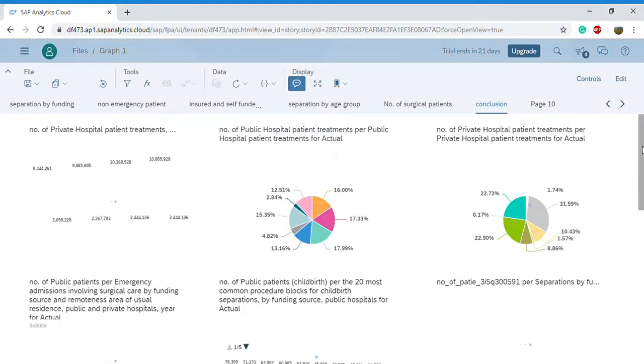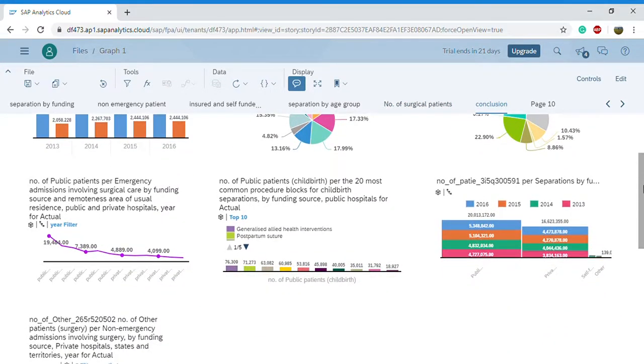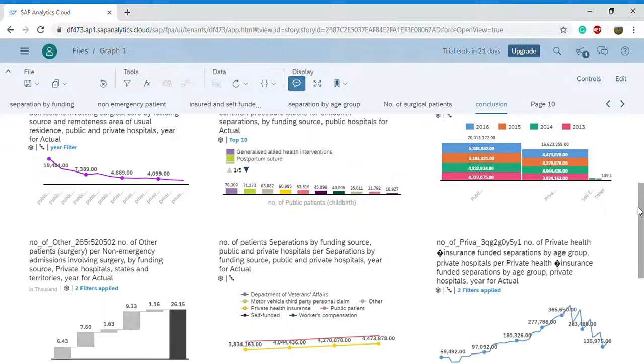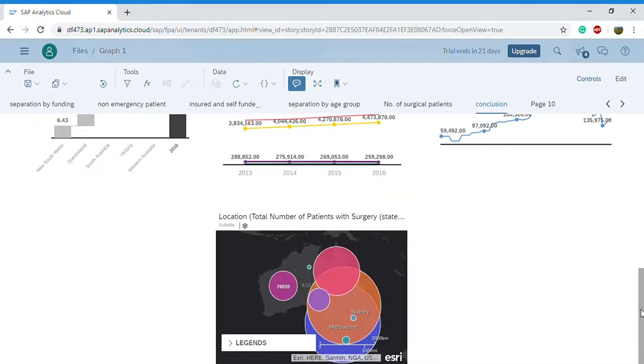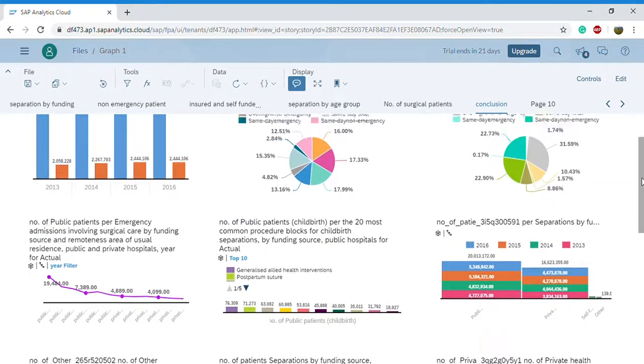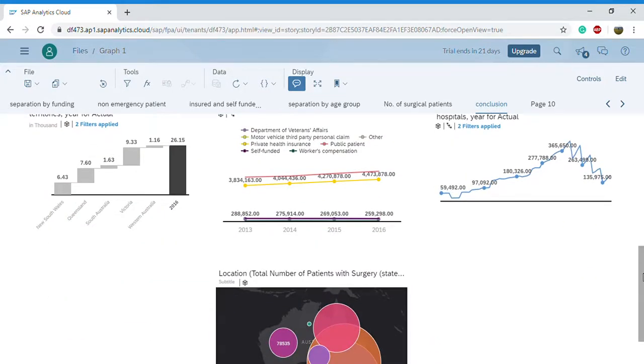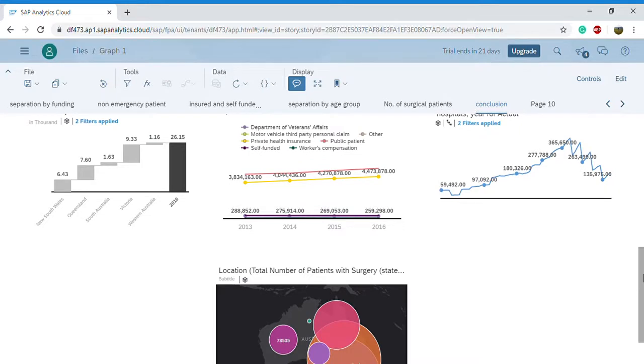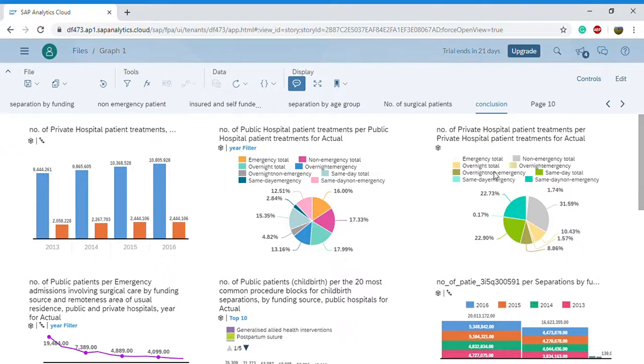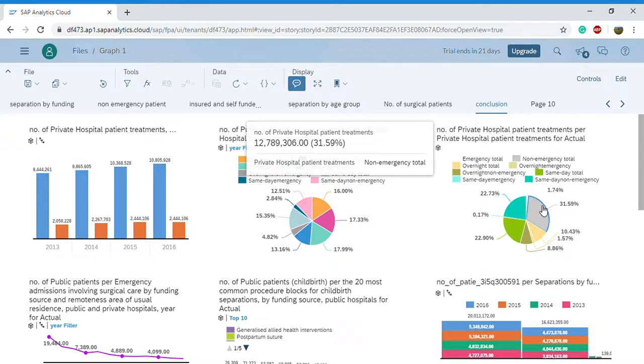We merged all 10 visualizations in one data story. These data visualization stories help the Australian government analyze and distinguish several aspects of general healthcare of patients through public and private hospitals, and also highlight sources of funding and public preference. According to the data visualization stories, we can suggest that the Australian government take initiative steps towards funding and public preference toward general healthcare. So this is how SAP Analytics Cloud makes it easy to analyze large amounts of data.